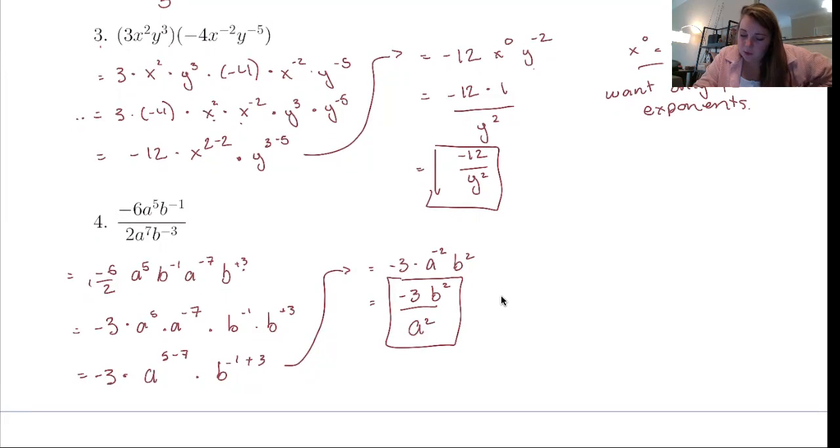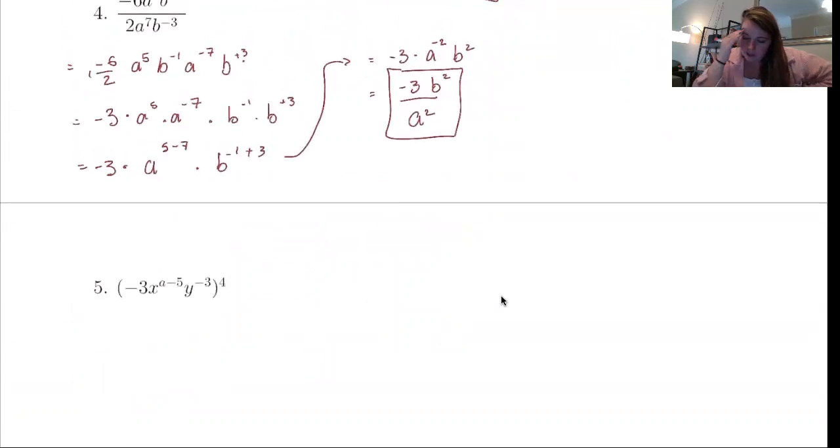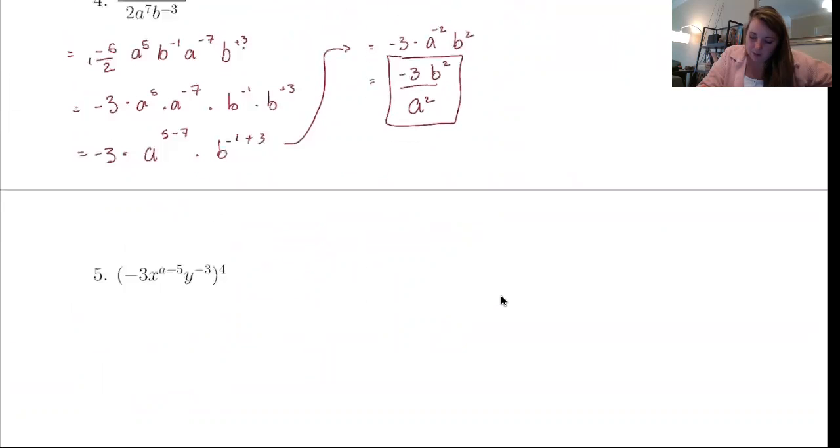So if you're still a little confused on these, we have one more to do, and then your homework will be a lot of practicing on this. All right, so last one. We talked about multiplication, division, and now I have this basically just to the 4, right? So I have negative 3x to the a minus 5 and y to the negative 3. Remember, exponents distribute over multiplication, so everybody's going to get a 4. So negative 3 is my base here to the 4